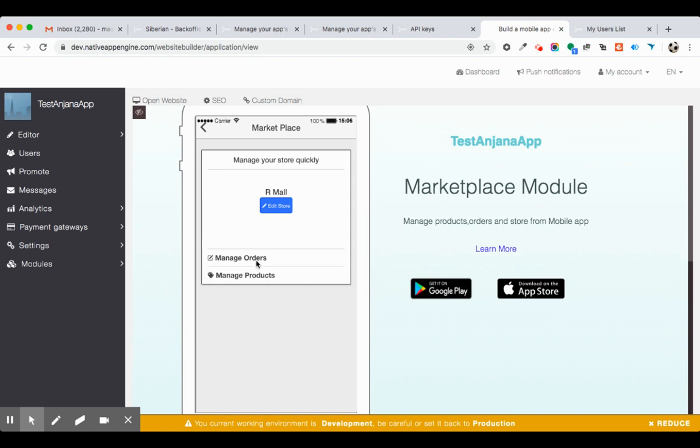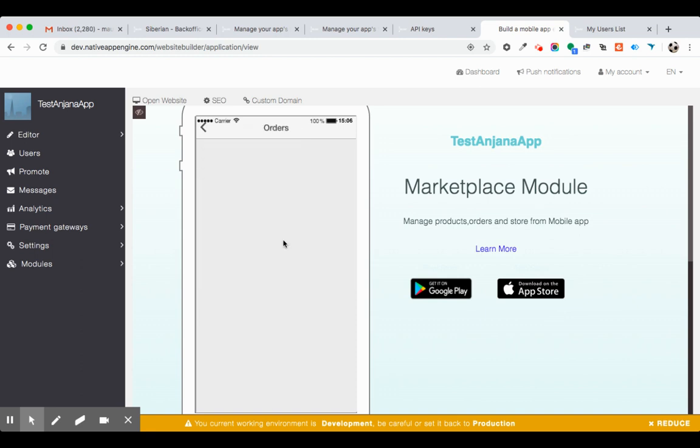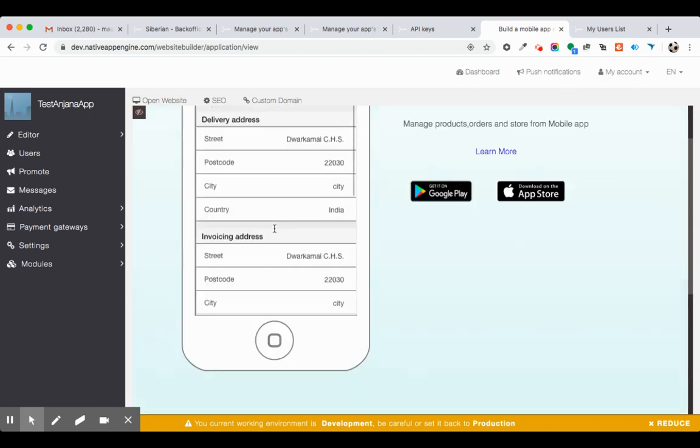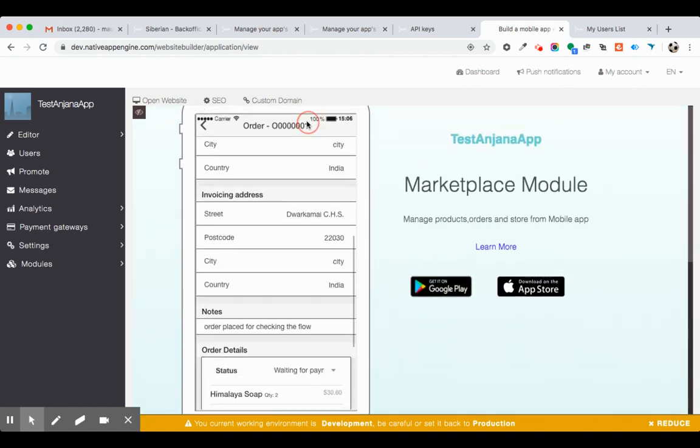Now I'll show you how, suppose you got an order, you can check your orders from here. So I'll be able to check my store's orders and edit from here, and I can see all the details.